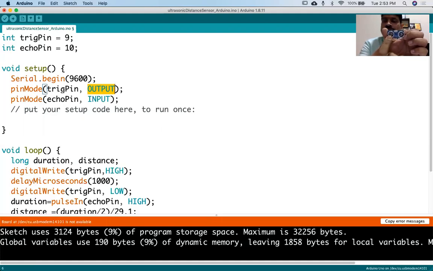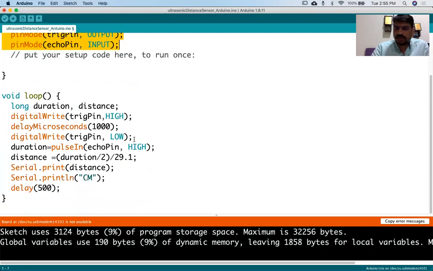You will trigger the ultrasonic waves. So here you are triggering, here you are receiving it. To trigger, you need some sort of voltage, so that's why it is an output. The trigger pin will be given the output and the echo pin will be taken as an input pin. So from the input pin we will capture some voltage or some sort of pulse here, right? Now that setup will be done once. So once the setup is done, let's go to the loop.